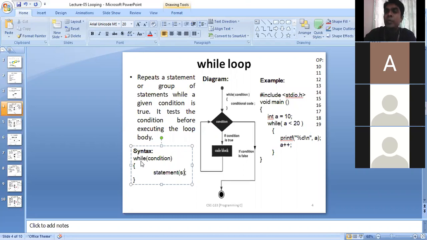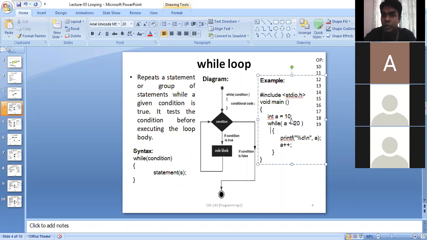In any loop mainly we have three parts. First of all, we have initialization, we have condition, and we have increment or decrement section. Again, I'm repeating, we have three parts: initialization, then condition, then increment or decrement. In while loop, at first we write down the initialization, then we write down condition with this while, and inside the while loop we write down the increment or decrement. So let's see an example, then the concept will be clear to you.